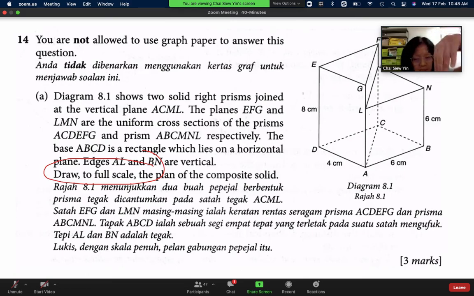Yeah, the direction we see, that means we look from the top. From the top. Yeah, draw to full scale the plan of the composite. That means part A is always looking at the top from the direction of the top. And the answer will be